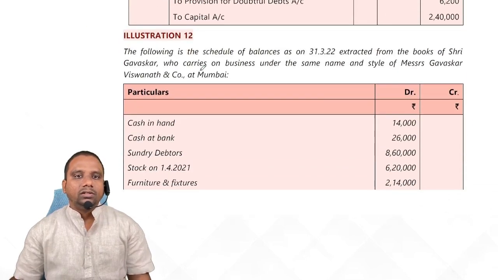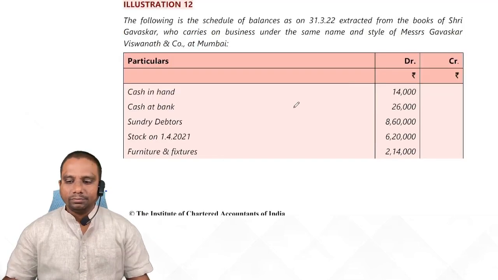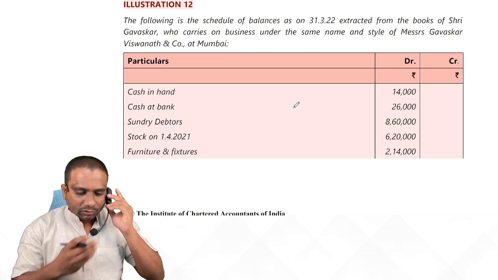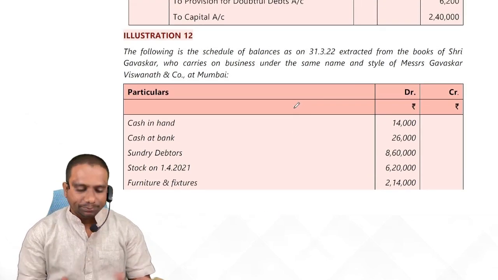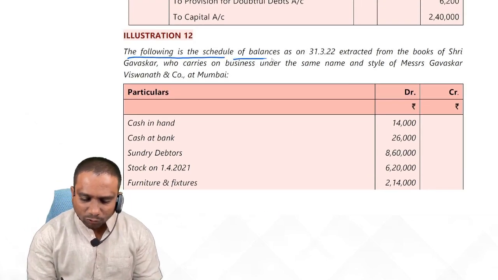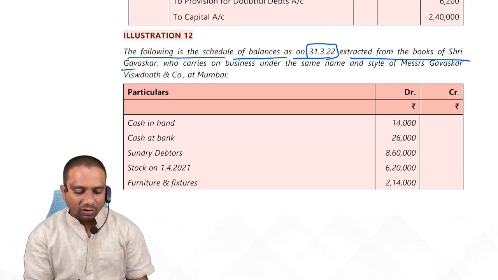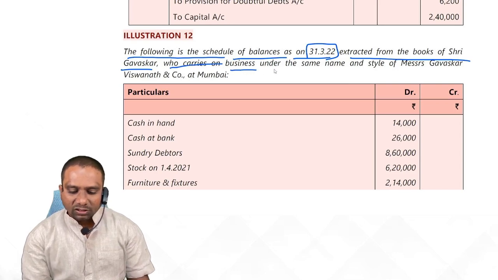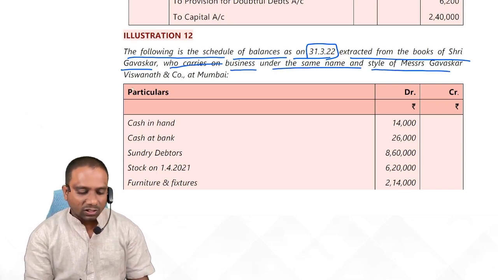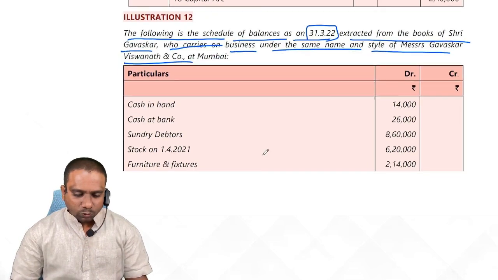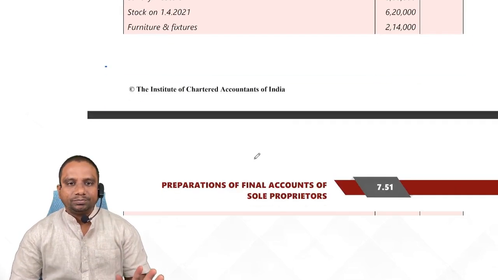Get illustration 12. Yes. Now question number 12. Look at question number 12. The following is the schedule of balances as on 31st March 2022 extracted from the books of Sri Gavaskar, who carries on business under the same name and style of Messrs. Gavaskar, Vishwanath and Co. at Mumbai. Okay, whatever it may be. Look at students. So they have given trial balance,